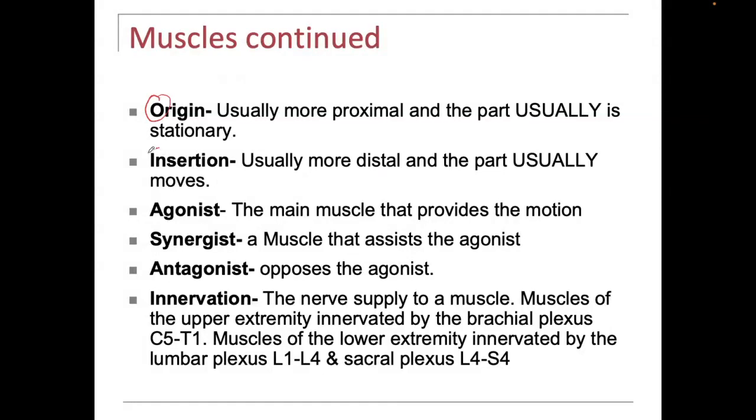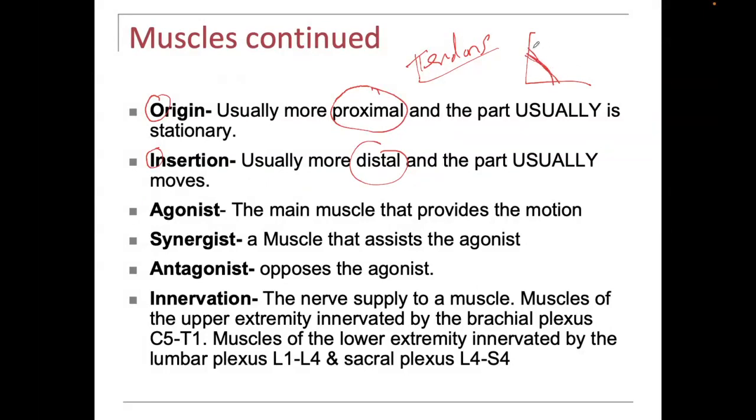You heard me use these two words, origin and insertion. Origin and insertion are both attachment sites of muscle to bone. How does muscle attach to bone? Muscle attaches to bone by way of tendons. And there's a more proximal attachment of them, and there's a more distal attachment. In the case of the biceps,